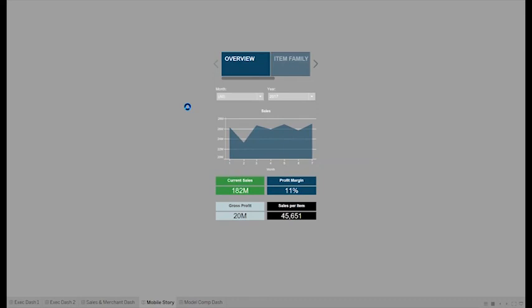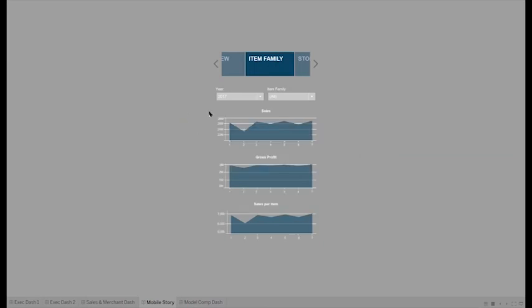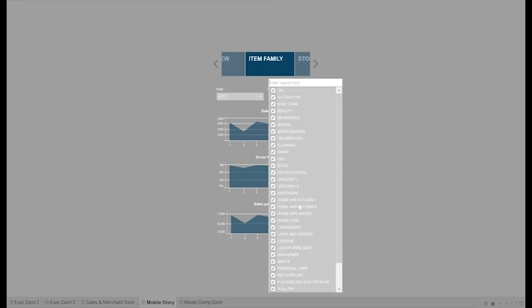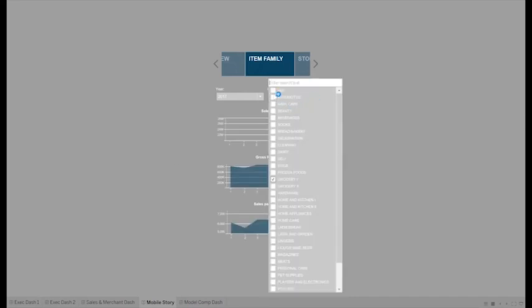For the merchant team, as well as for an executive team, this is going to show at a high level what is going on for, right now we're looking at all of the item families in 2017, so sales, gross profit, and sales per item. But you could break this down and look at one specific category as well. So for example, grocery one, or sorry,